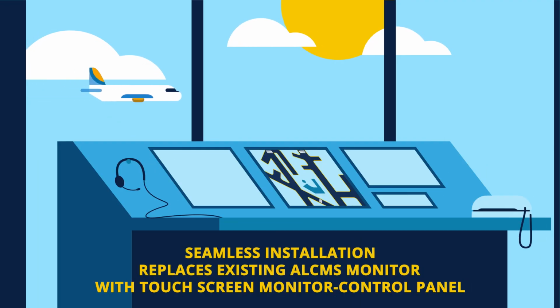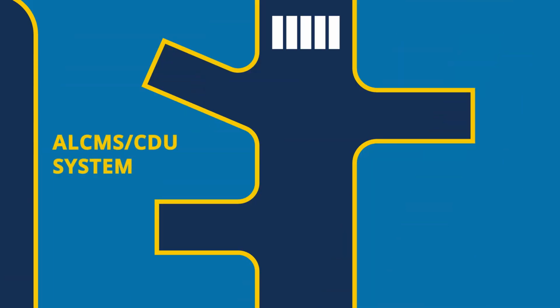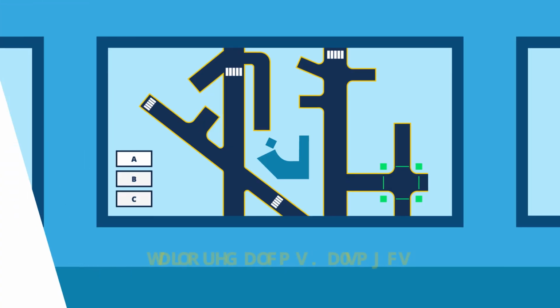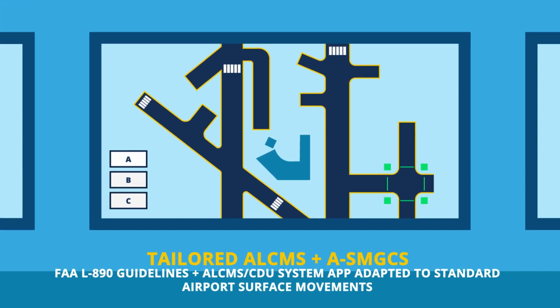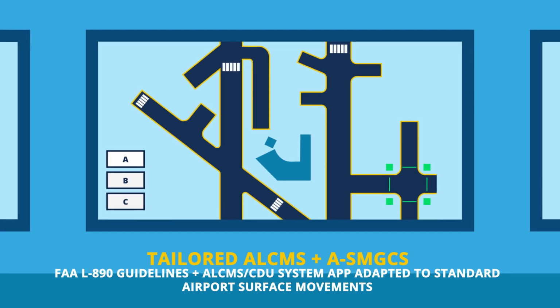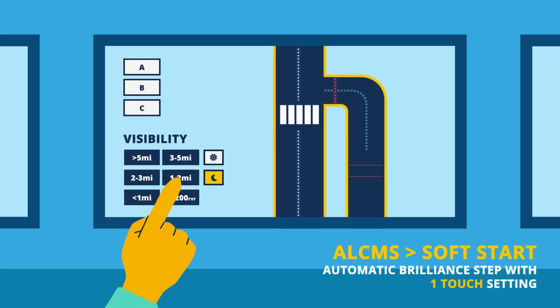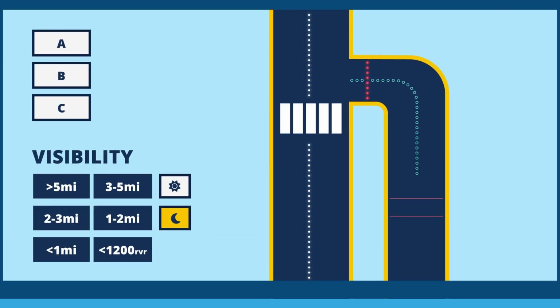The system's application software is so flexible that it can be easily adapted to a single runway, or to a more complex airfield layout with both hot spots and blind spots. All of this is tailored to fit your airport's needs in compliance with FAA L-890 guidelines and adapted to your airport's standard surface movements. The ALCMS comes with a one-touch, automatic intensity soft start setting, which provides seamless adjustment of